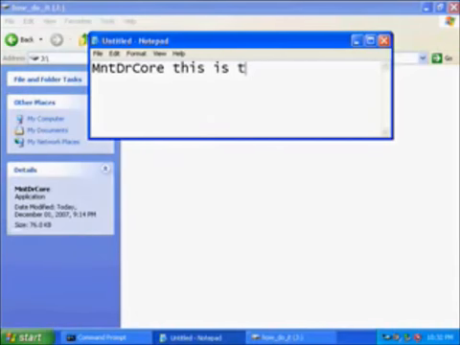MNTDRCORE is the harmful .exe file, and AA is the renamed autorun.inf.